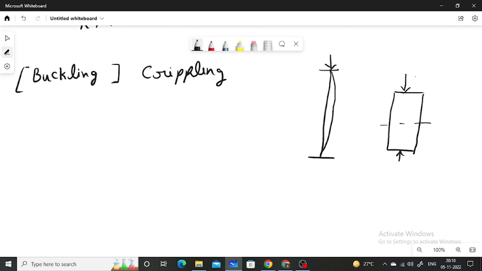It means generally the short columns will fail due to crushing only. Okay, and the long columns will fail due to buckling only. Okay, and in medium columns, both the buckling as well as direct stresses are significant. The failure will occur due to buckling as well as crushing. Okay,